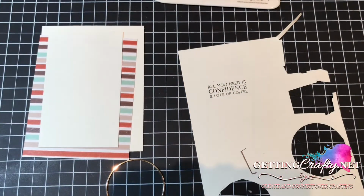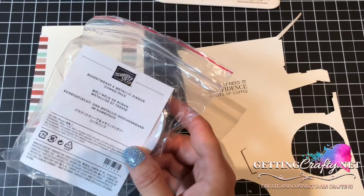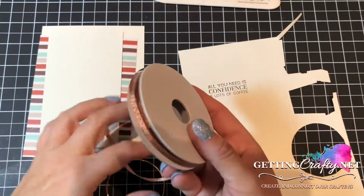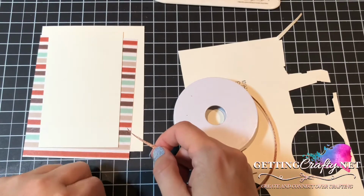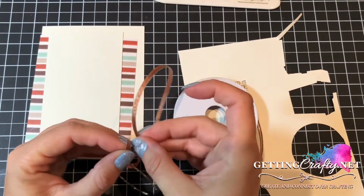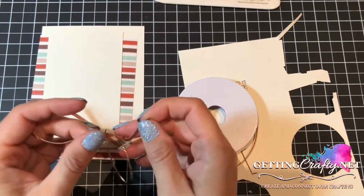And then we're gonna take our matching basket weave metallic ribbon combo, and I'm gonna grab this gorgeous copper piece right here. I like a little sachet of beauty and maybe attitude. And we're gonna take and tie a double knot really quickly. So 1,